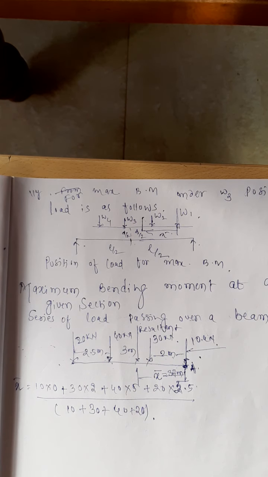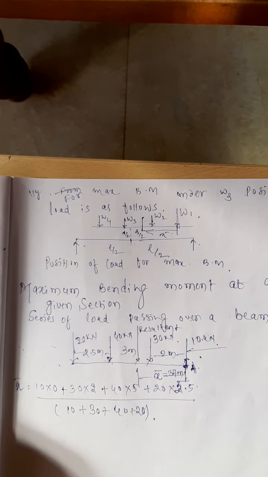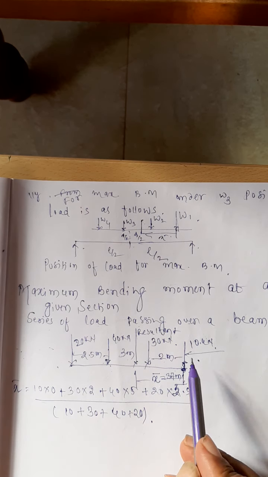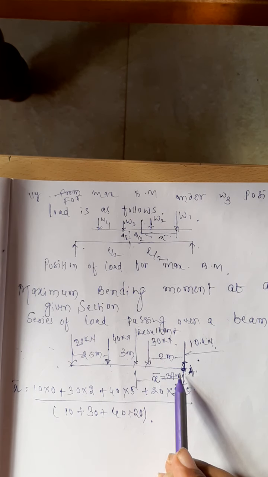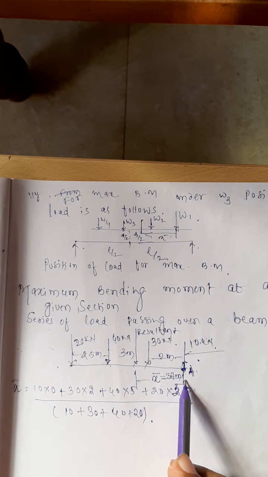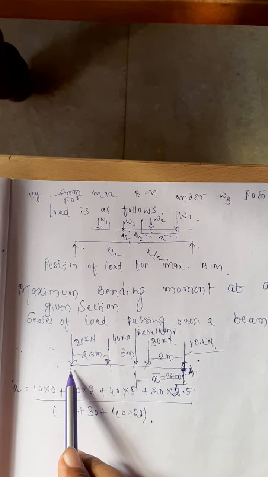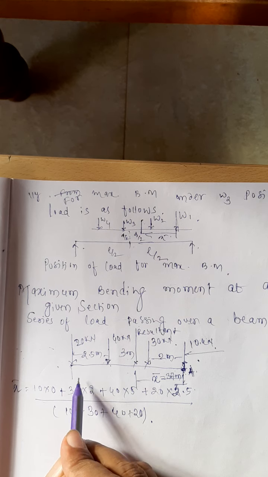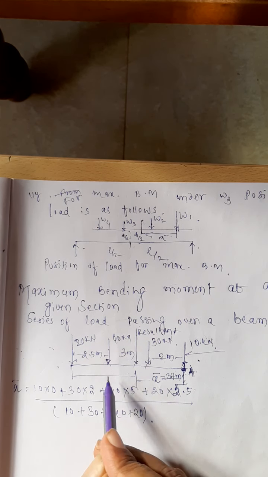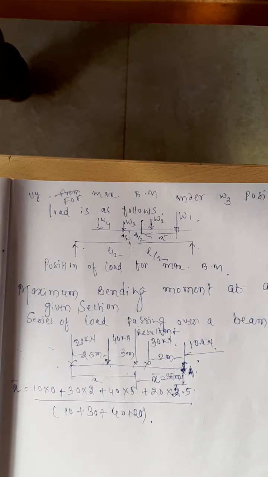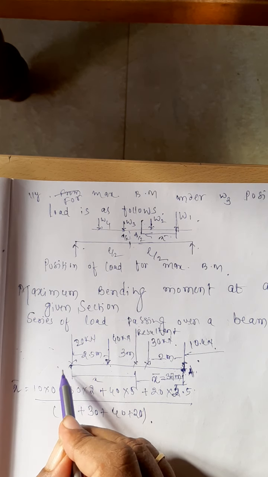So what is the way to get the maximum bending moment under the load? What he says is, first you calculate the center of gravity of the resultant force from one of the ends. Like I got the center of gravity of resultant force from this end is equal to 3.7. If you want from this end also, you can get it. From here, if I get the position of the resultant as something, say the x, then what is the position of the resultant from B?